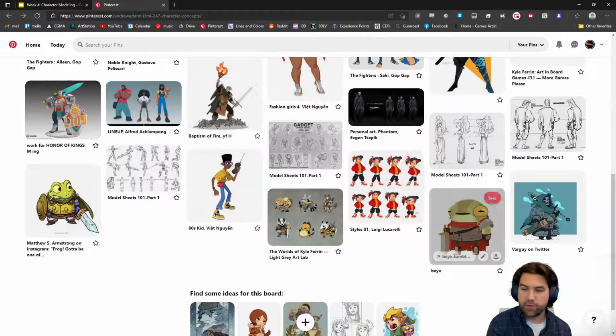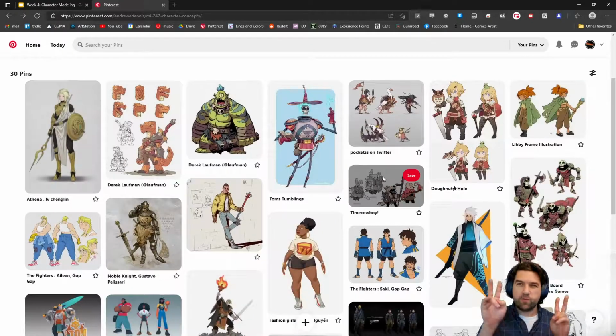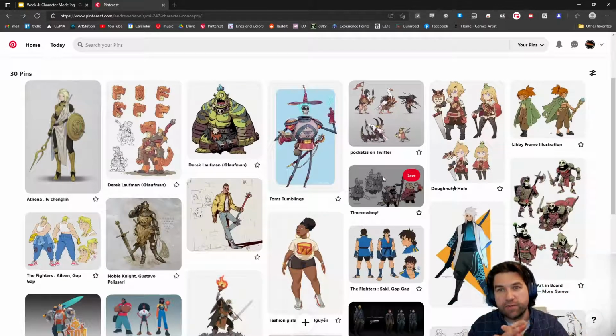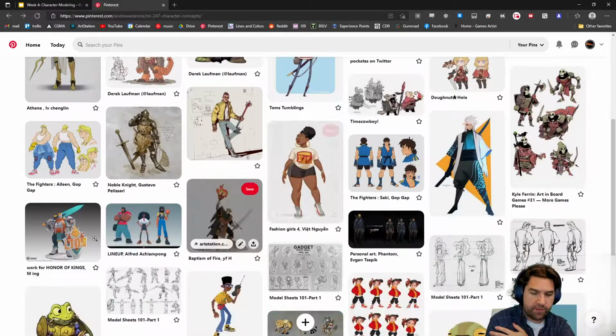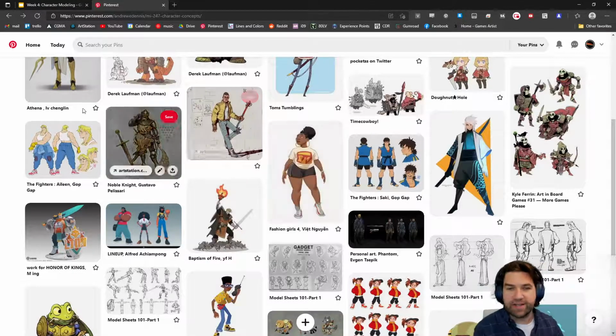I have a pretty good variety of styles and body types. I try to get a couple more realistic bodies without having them be too detailed, because another reason I chose these concepts is they're relatively simple and they have relatively few features. This is maybe one of the more complicated ones, but I wanted to pick something that's simple enough that you don't get yourself in a position where you pick something too complicated and now you're really stuck.